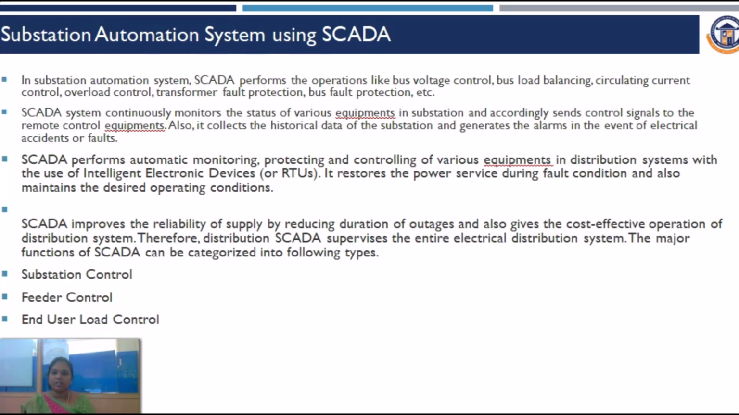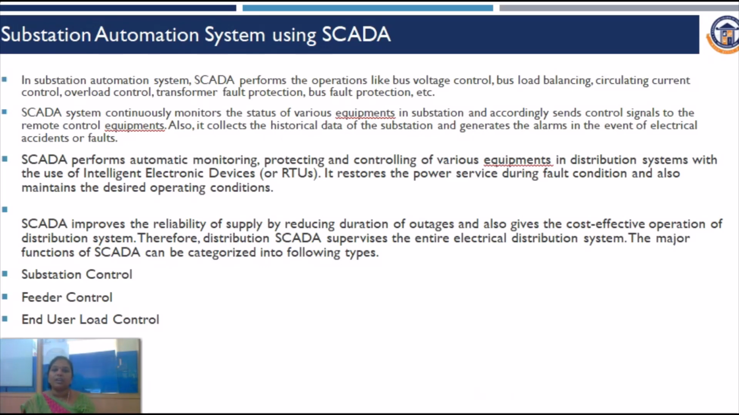The SCADA system continuously monitors the various equipment in the substation, and accordingly it sends control signals to remote control equipment. Also, it collects the historical data of the substation and generates alarms in the event of electrical accidents or faults. So, SCADA performs automatic monitoring, protection, and controlling of various equipment in all distribution systems among the substation